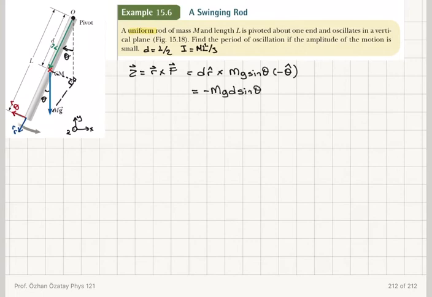The other component will give me no contribution, right? So I will have at the end